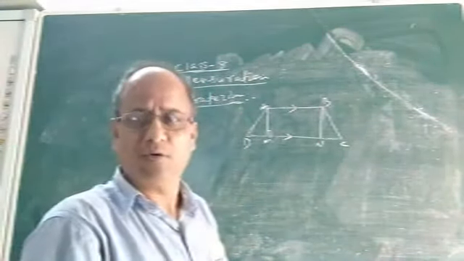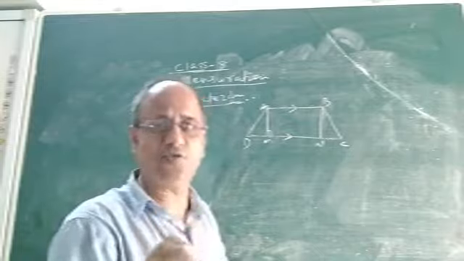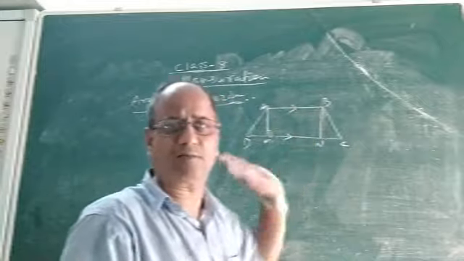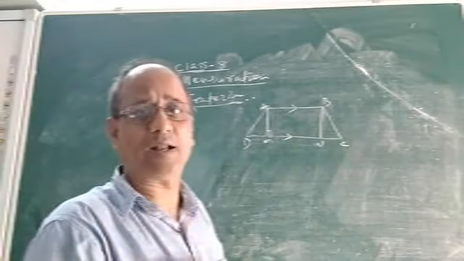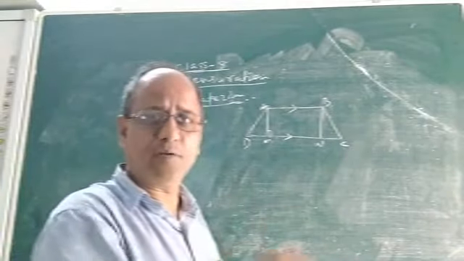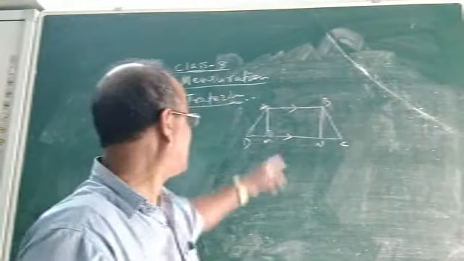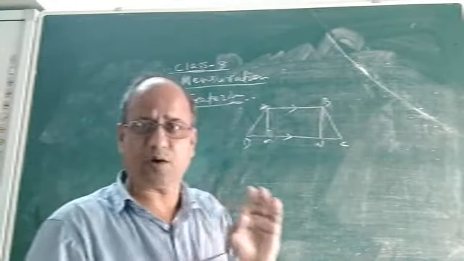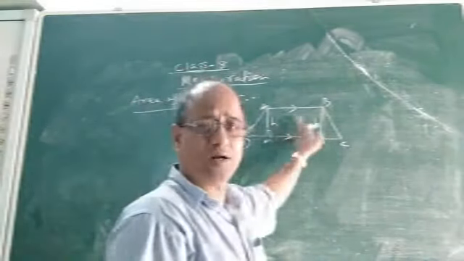What are these perpendicular distances between the two parallel lines called? They are called the altitude or height of the trapezium. So here AM and BN are the altitudes or height of the trapezium ABCD. You know the perpendicular distance between two parallel lines is the same everywhere. This was the concept we discussed in the chapter on parallel lines. So the two altitudes AM and BN must be equal, both H.